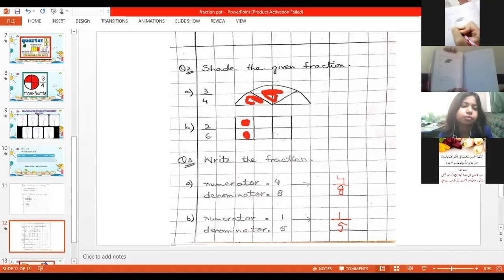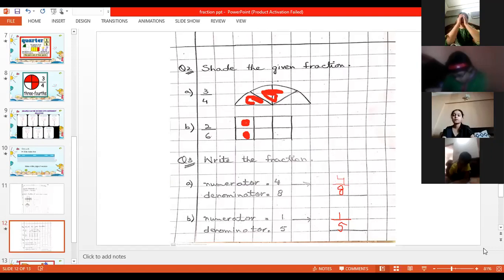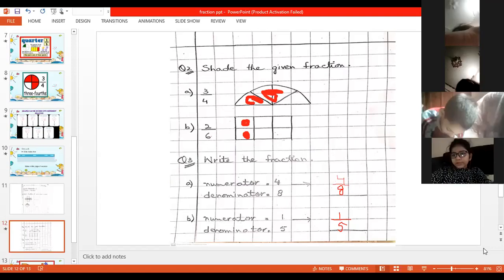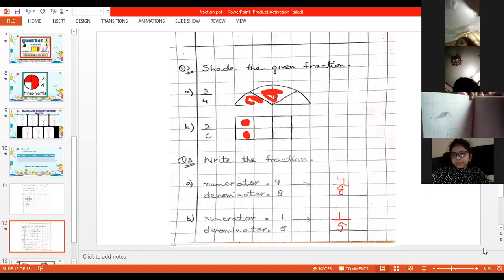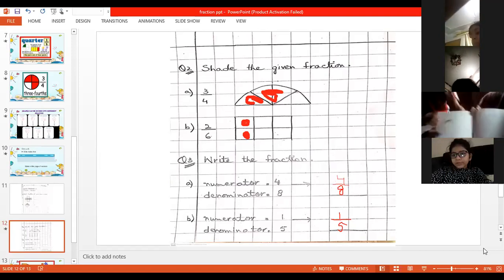Shantha, Fiza, show me your copy, beta. Mohammad Ahmed, beta, show me your work. Very good. Excellent. I want neat and clean writing. Everybody do your work in neat and clean writing.